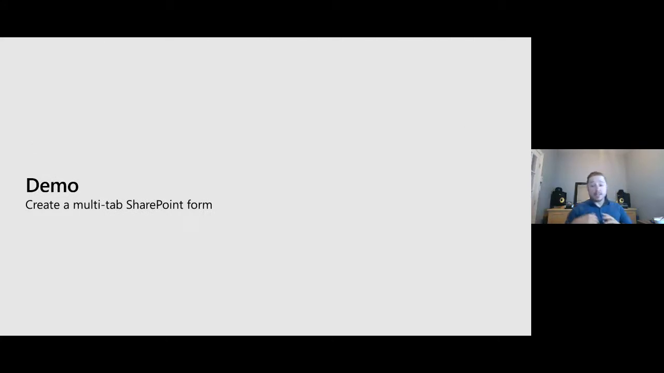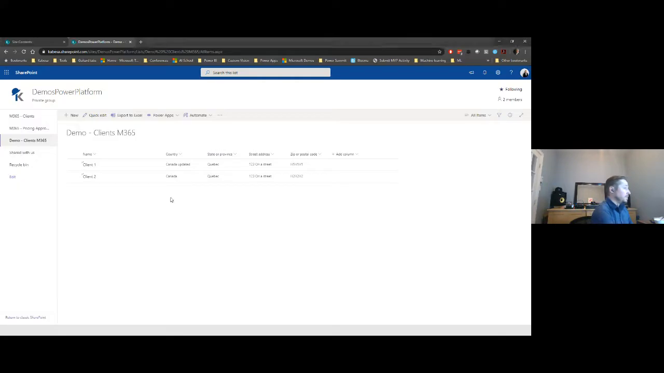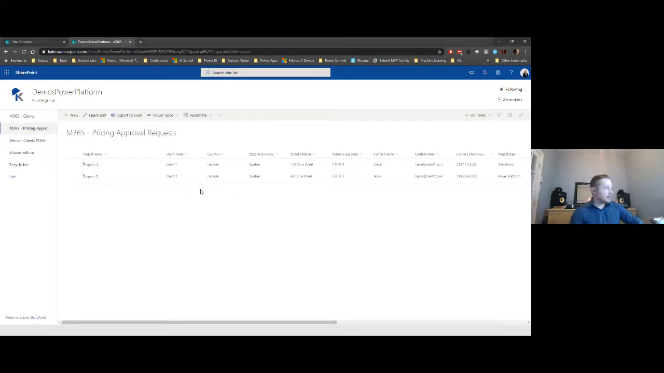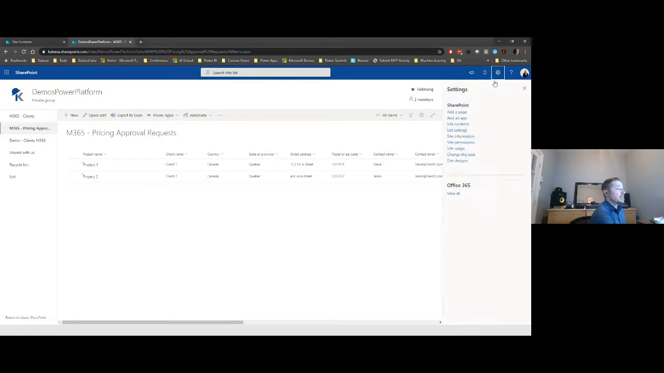So the next thing we're going to do is we will create a multi-tab form in the SharePoint, and I will show you how to do that. So let me first show you what the final result will look like. So we will use a basic SharePoint list with a bunch of fields. So if we were to look into this,